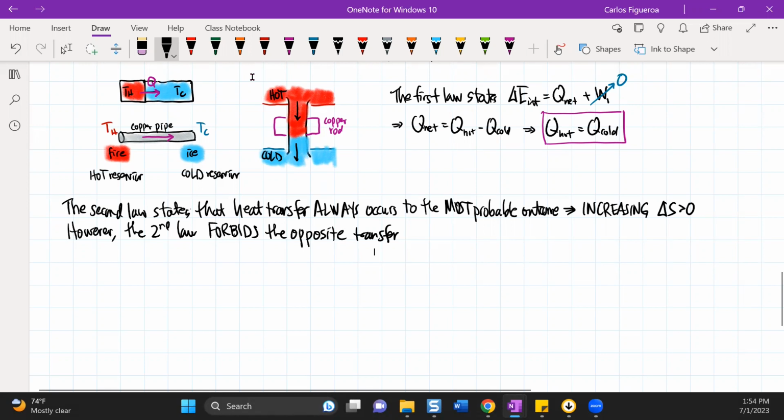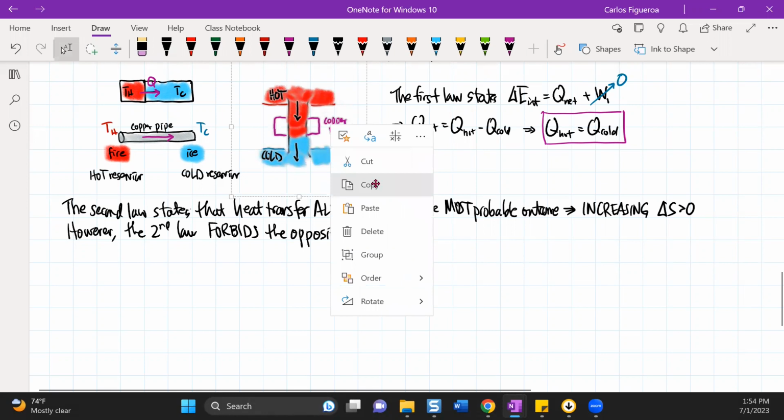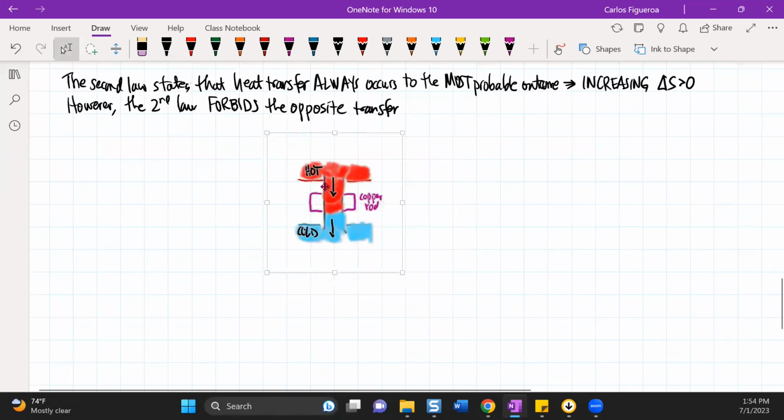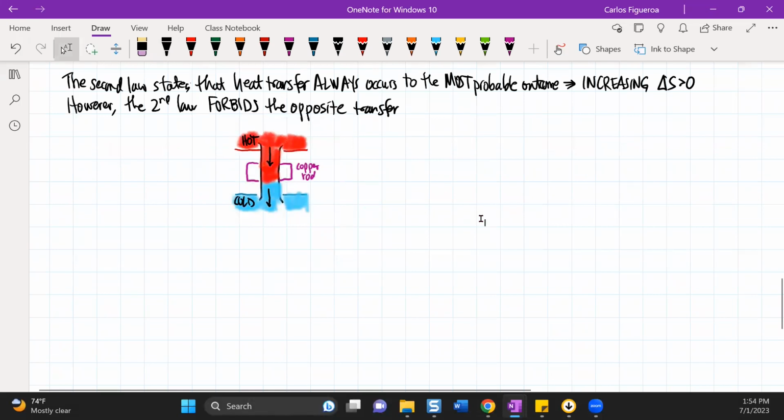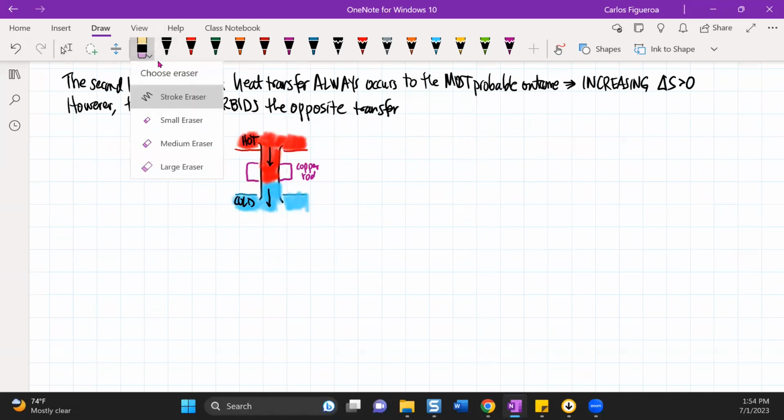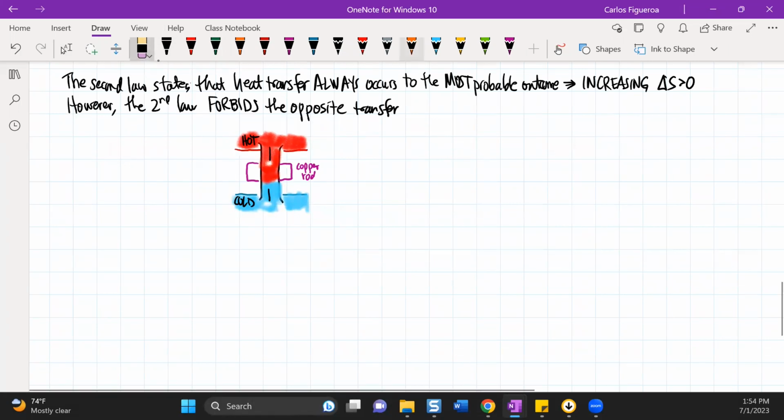And the opposite transfer is that if I look at my transfer of energy here, that energy cannot move from the cold reservoir, T cold, to T hot. Right? It can't do that